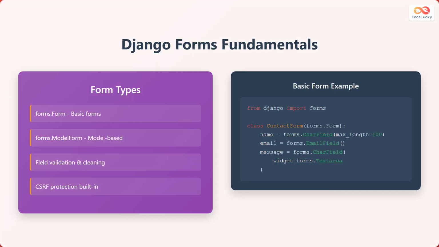Django forms provide a powerful way to handle HTML form rendering, validation, and processing. There are two main types of forms in Django. The forms.Form class is used for creating basic forms with manual field definitions and custom validation logic. The forms.ModelForm class automatically generates forms based on model definitions, reducing code duplication and ensuring consistency between your models and